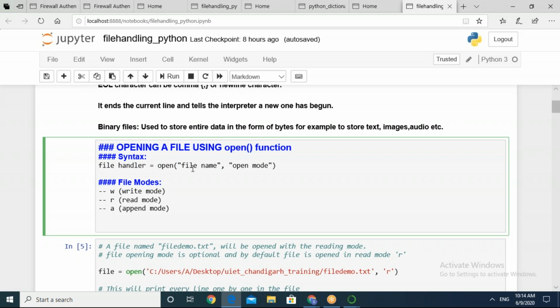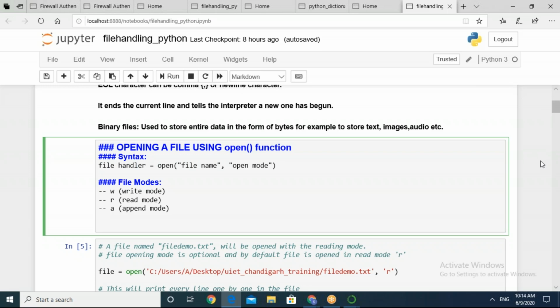Most of the time when we are opening a file and it is not allowing us to do any changes in it, it means some restrictions are there and some privileges have not been assigned to the particular user or the person who is trying to update the file. This usually happens with read mode files, when the file is only available for reading. So these are the very basic things.